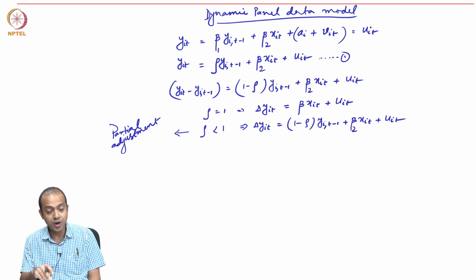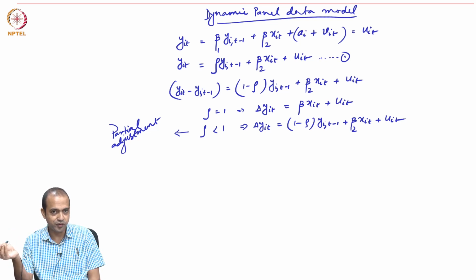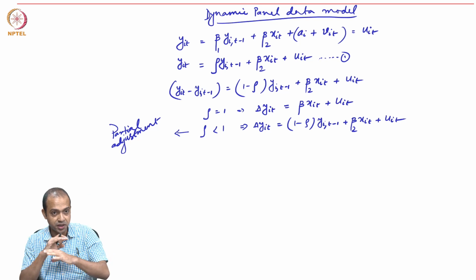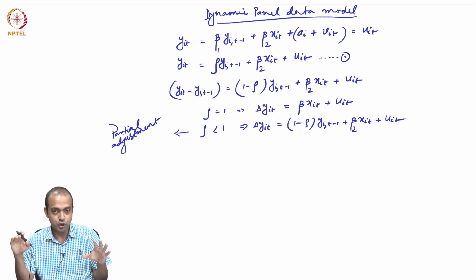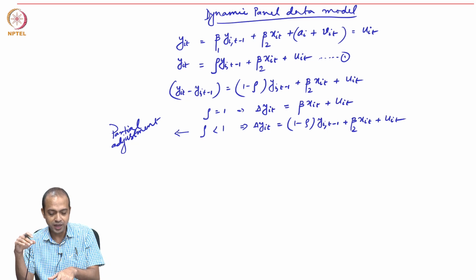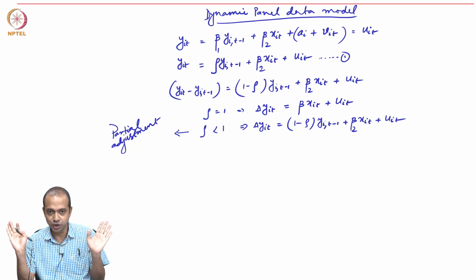Rho equal to 1 is called the full adjustment model, and when it is fully adjusted, that means for any change in your explanatory variable, Y changes in the same period. So, this change is not carried over into the next period; there is no dynamism in the system. So, to have a dynamic panel data model, I must have rho less than 1, and that is why it is called partial adjustment. That is the reason the dynamic panel data model is also known as a partial adjustment model, right. This was the thing we need to keep in mind.